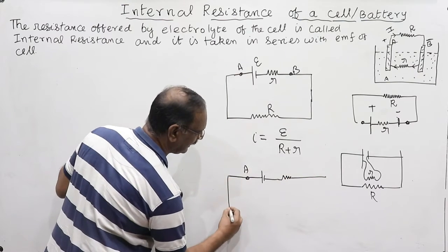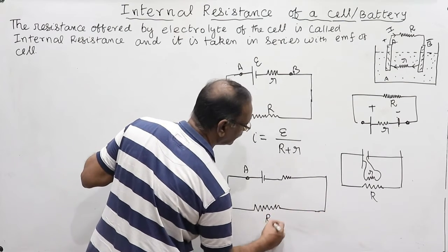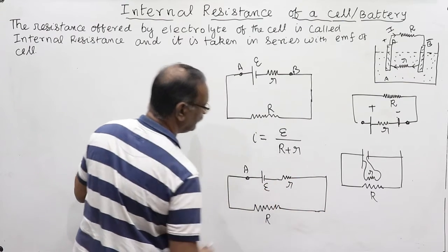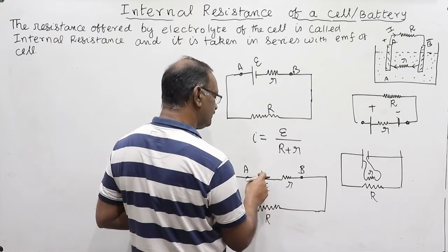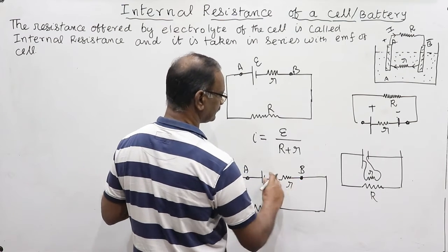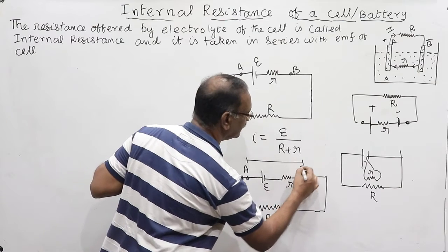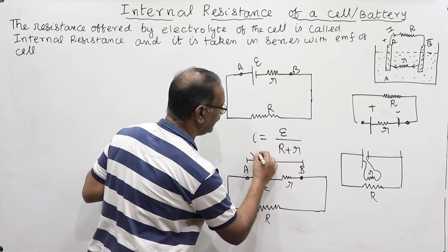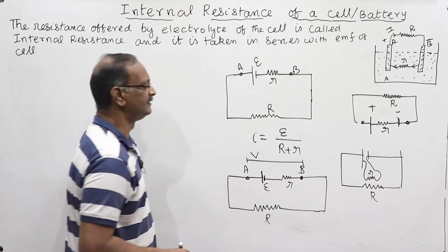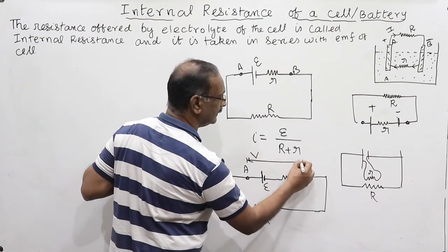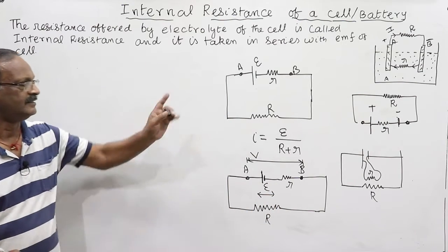Internal resistance and the external circuit, external resistance R connected, this is R, this is E. This is point A, point B. It is supposed to be between the terminals, but we take it outside for the representation. So the potential between these two points, between the two terminals, is called terminal potential difference. Between the two terminals of this battery is the terminal potential difference, and this one is the EMF of the cell, battery. So this is how we represent it.